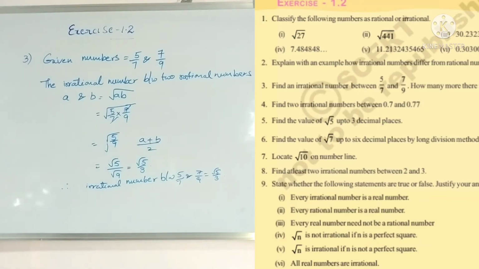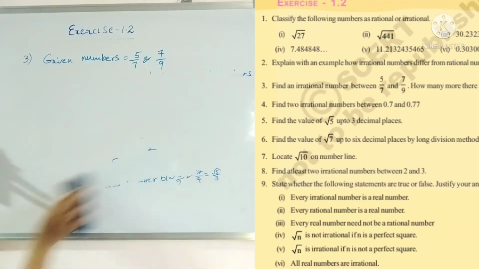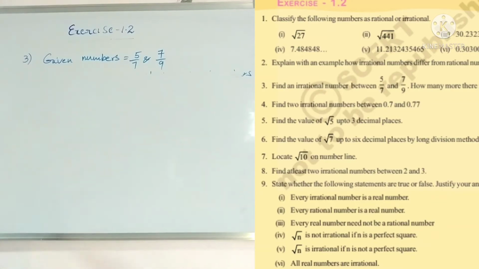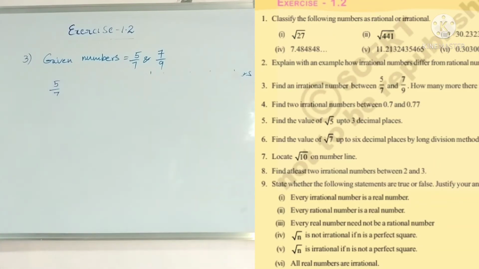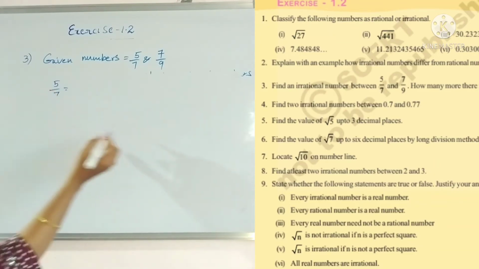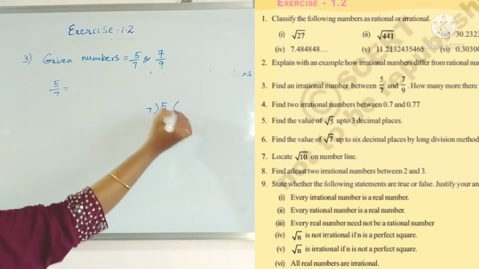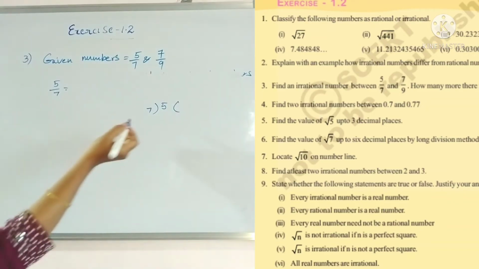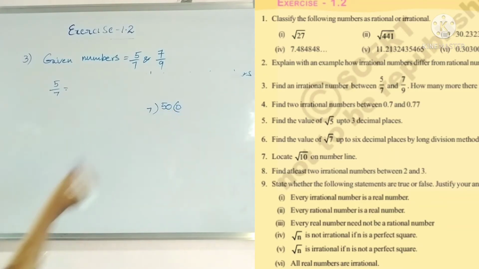Otherwise we can solve in another method also. Now we will see that method also. This is just by using the formula, right? Without the formula, we can do this. So here first the fraction 5/7, find the decimal value. If we divide, 7 won't divide 5, right? So I'm adding 0, and after 0 the decimal point comes.